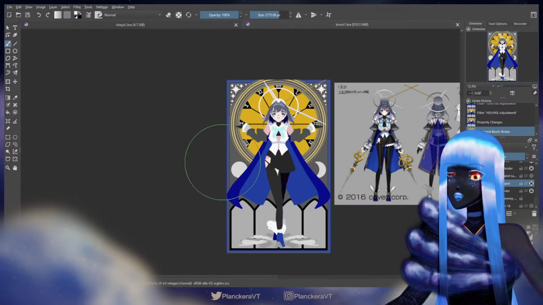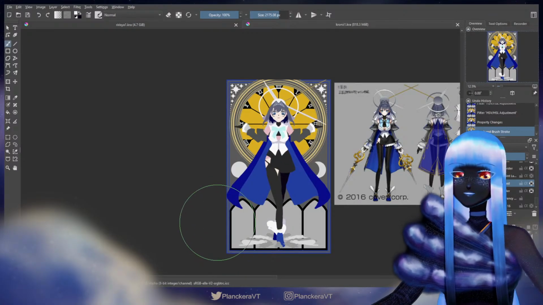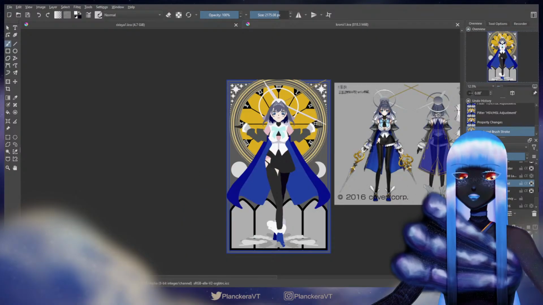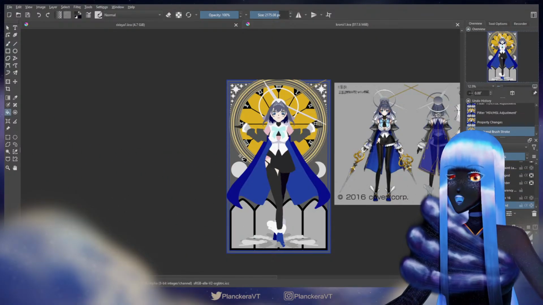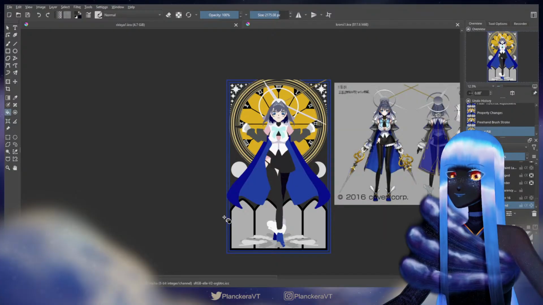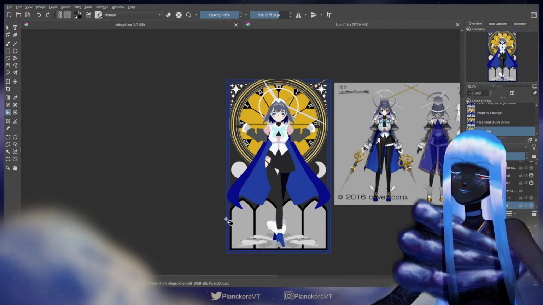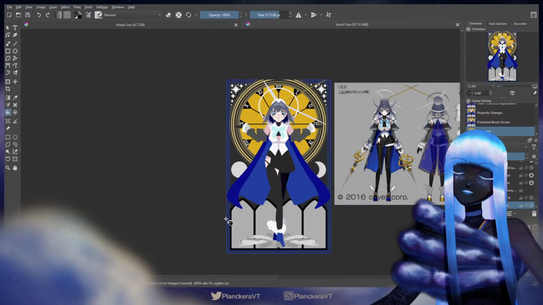Not sure. I kind of need to figure out what color some of the stuff there is going to be. But the thing is that I think I might be coloring over a lot of this. But I do need something there, just to kind of give the overall feel. I don't know. How's black for her socks? Not bad. Do I want it to be maybe more blue?